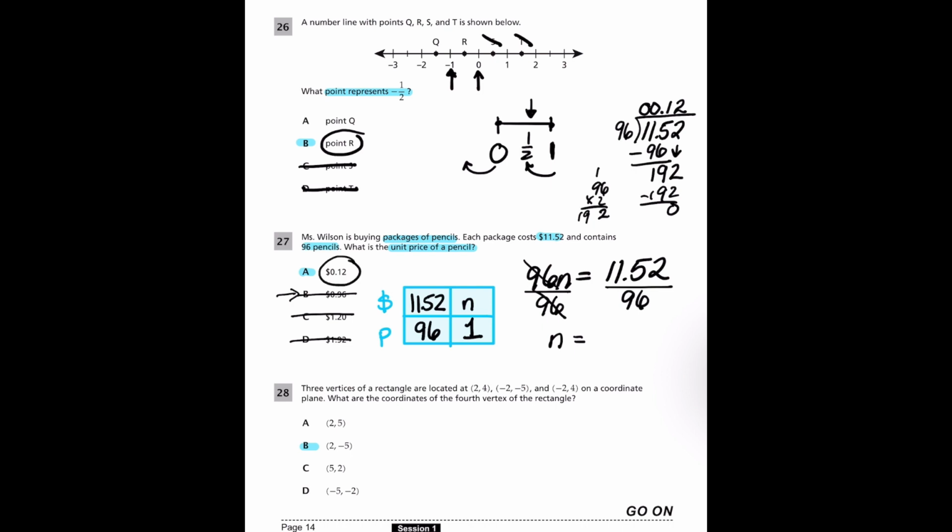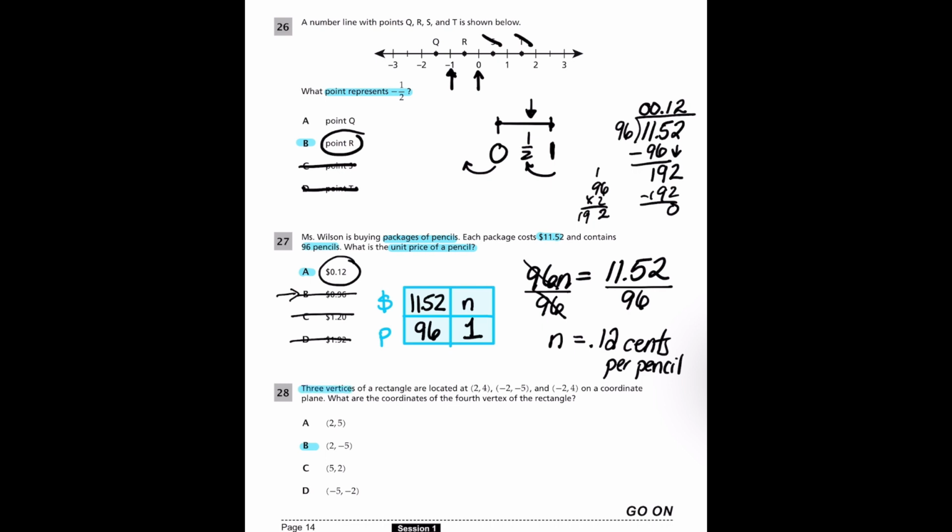Okay, let's go to the next one. That was an ugly number, wasn't it? 12 cents per pencil. But we're still able to do it. All right,